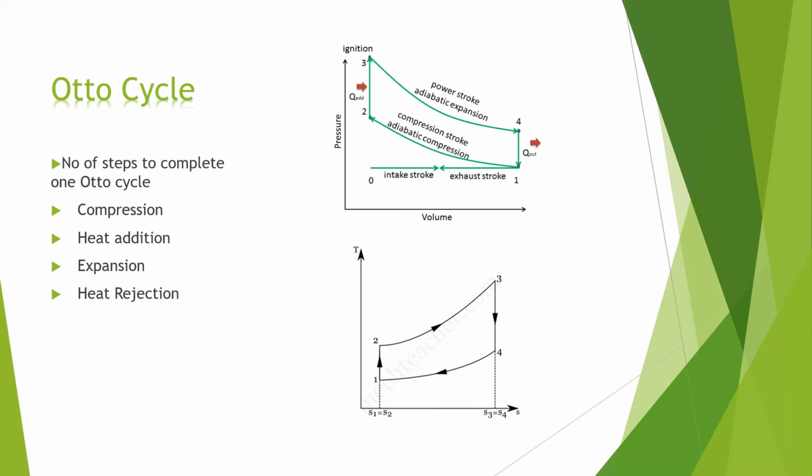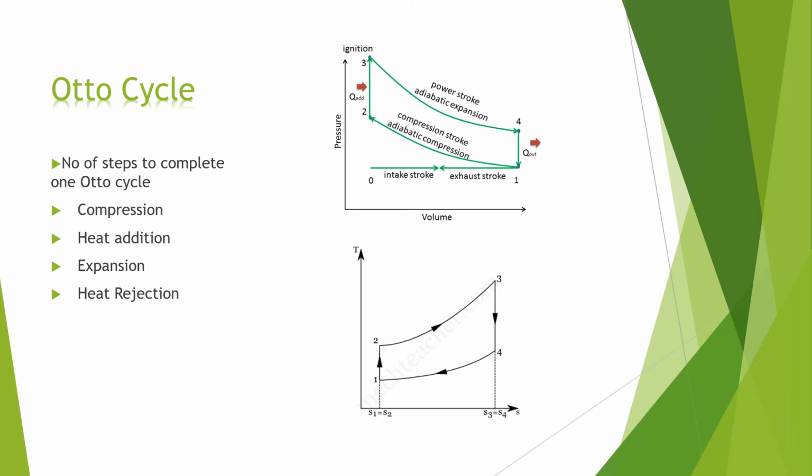So when we speak about petrol engines, those are similar to Otto cycles, because fuels like petrol have a very high ignition temperature, so they need some external agent like a spark plug, because they give a huge amount of heat in a small interval of time. This comprises four strokes. First the intake stroke, where the fresh charge is taken into the cylinder. Next, the fresh charge is compressed, that is the compression stroke. At the end of the compression, there will be heat addition, where the fuel which was compressed in the cylinder will combust.